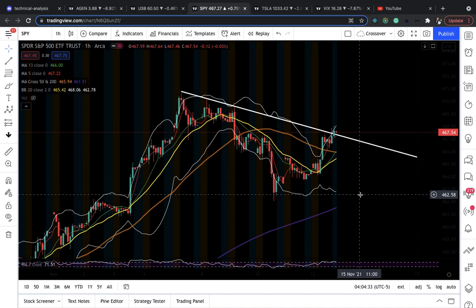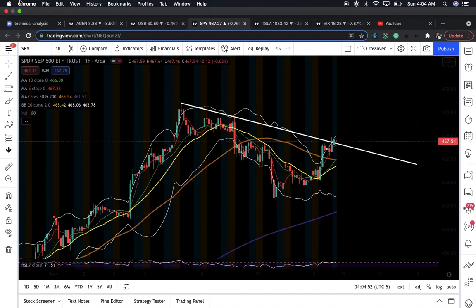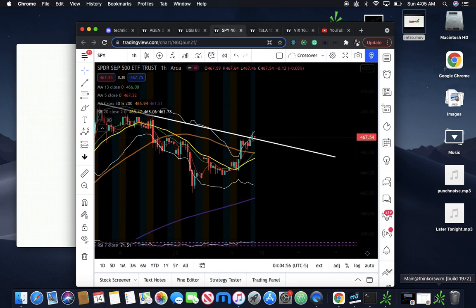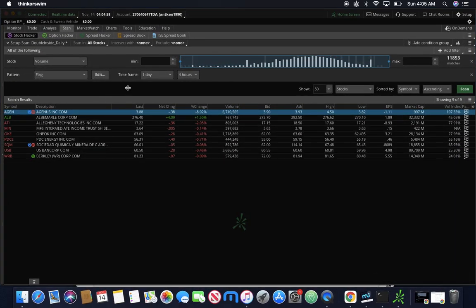This is not really a secret. It's very simple. The hard part is having the emotional discipline to be consistent and follow these patterns, these trade setups. And if you want to find these trade setups, I use a TOS, thinkorswim scanner,